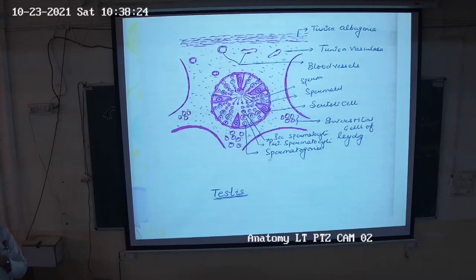कॉइल्ड होती है, कॉन्वोल्यूटेड होती है, बट अगर हम इसको पूरा स्ट्रेटन अप कर देंगे, it will be around 70 to 80 सेंटीमीटर. ठीक है, और 2 to 3 एक लोब्स में होते हैं, 200 से 300 लोब्स होते हैं, तो कितने हो जाएंगे अपने? 400 से 600 सेमिनिफरस ट्यूब्यूल. तो सबकी लेंथ अगर हम कंबाइन कर दें तो कितनी हो जाएगी? 300 से 400 मीटर. ठीक है.